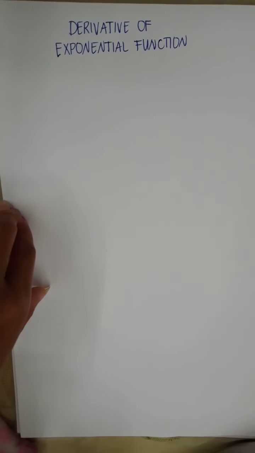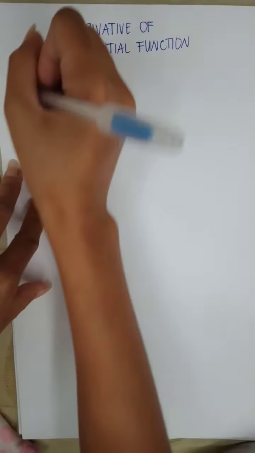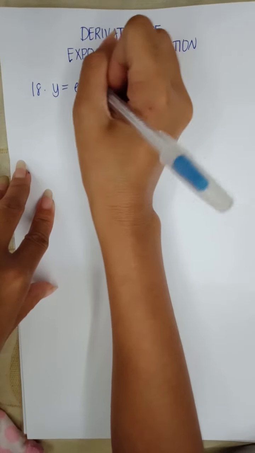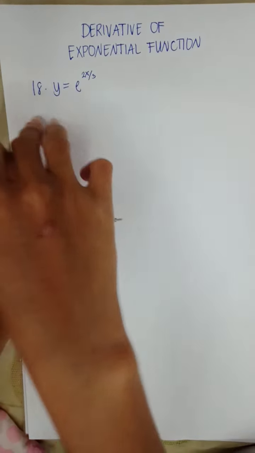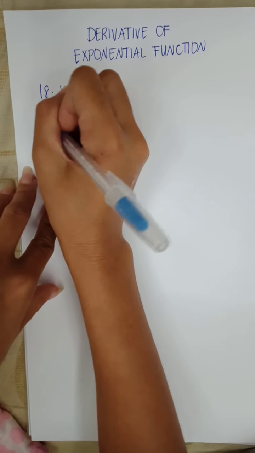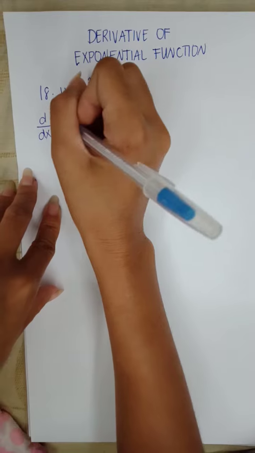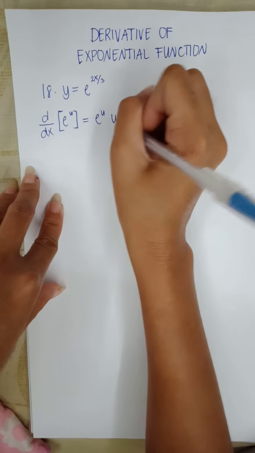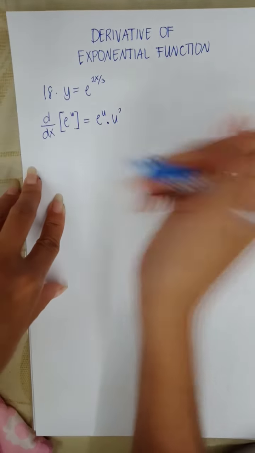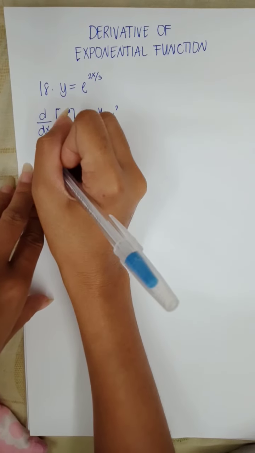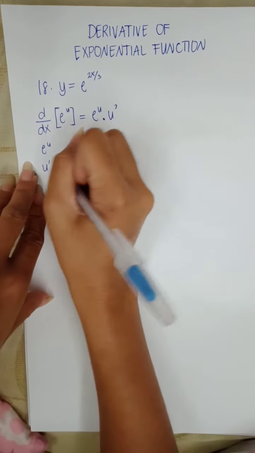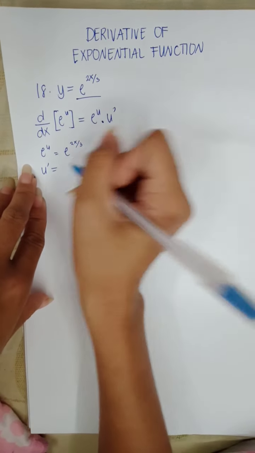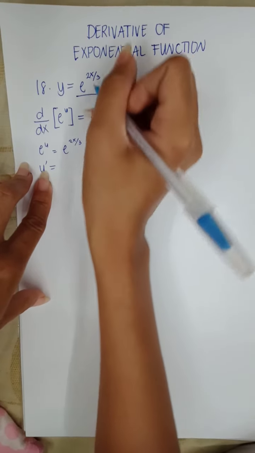So now we're going to find the derivative of exponential function number 18. Y is equal to e to the power of 2x over 3. To find this derivative, we're going to use d over dx e to the u equals e to the u times the u prime. So let's identify first the e to the u and the u prime. Our e to the u is simply e to the power of 2x over 3, and our u prime is the derivative of 2x